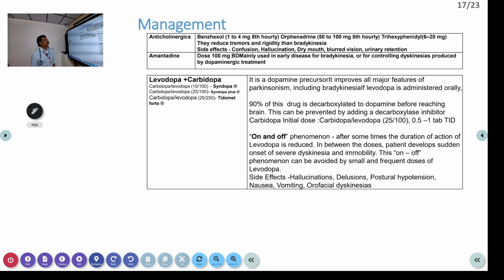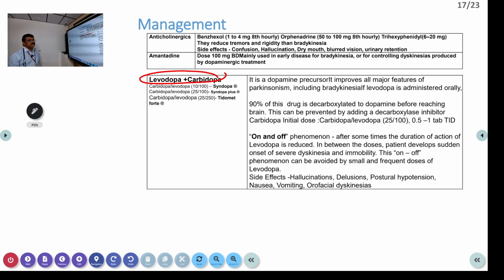Then routine treatment. Anticholinergics can be started for many patients who have severe rigidity and bradykinesia. Benzhexol, orphenadrine, trihexyphenidyl, all these things can produce reduction in the rigidity and bradykinesia. But the most important drug will be levodopa, carbidopa. It's a dopamine precursor. It improves all major features of Parkinsonism, including bradykinesia and